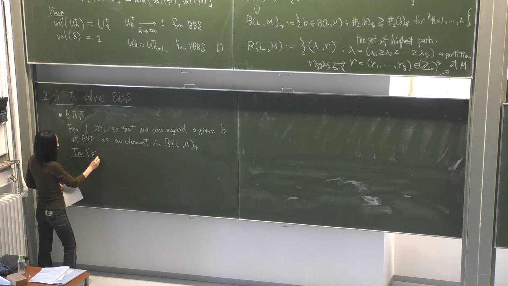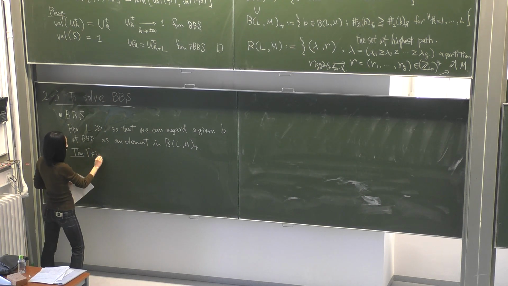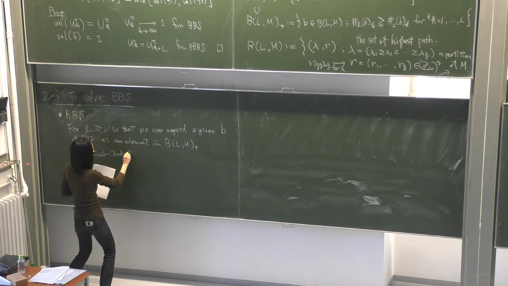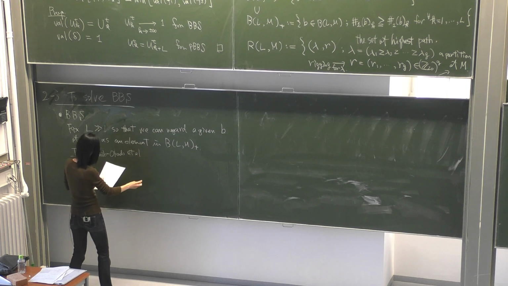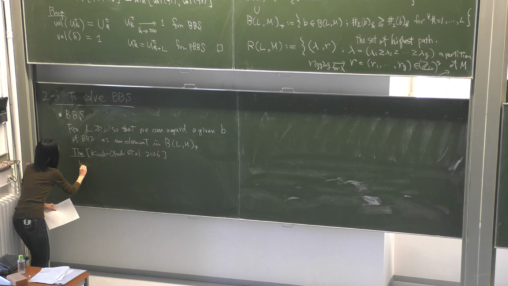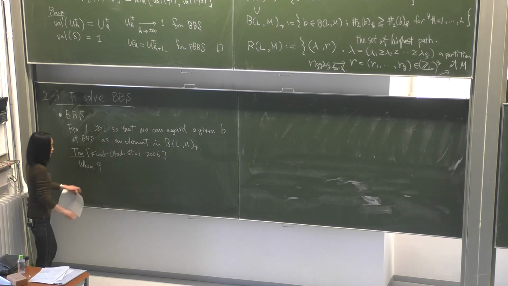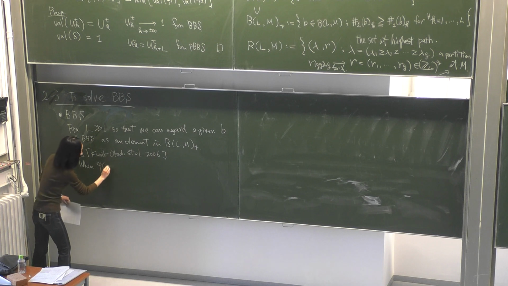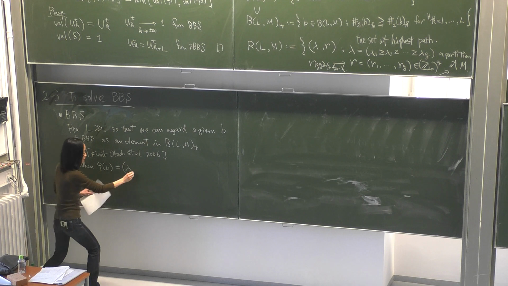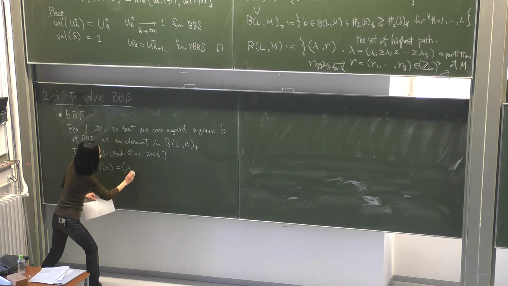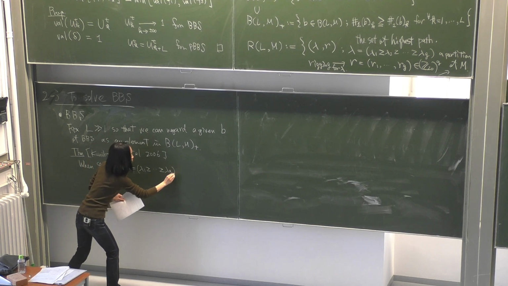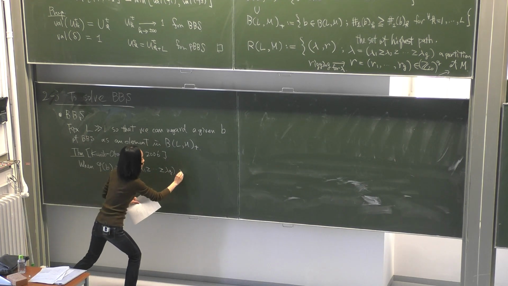It was proved by Kuniba, Okado, and many other people in 2006. When the image of the KKR of B is some partition lambda with length g like this, and some rigging,